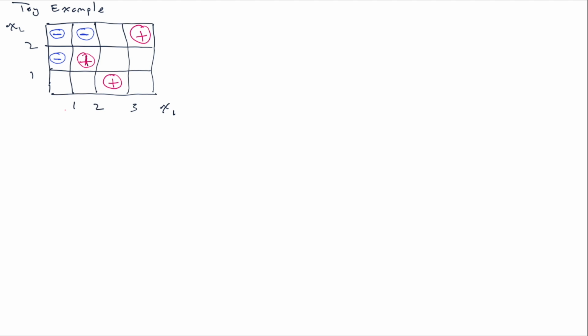Okay, and just for clarity, I want to label these points A, B, C, D, E, and F. The goal of this exercise is to build an adaptive boosting classifier from the set of classifiers that I'm going to define. This is going to look slightly weird, but I'm going to define these classifiers to be H11, H12, H13,